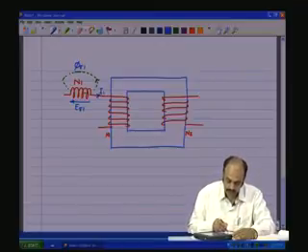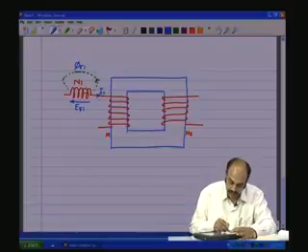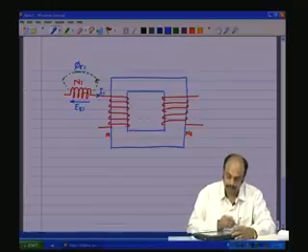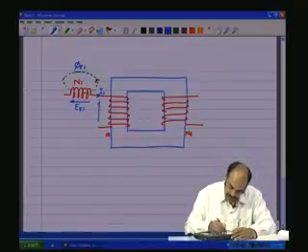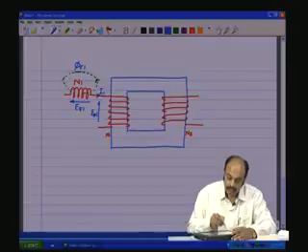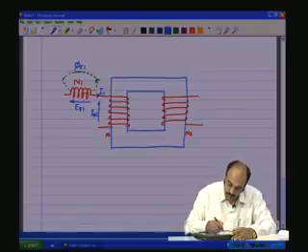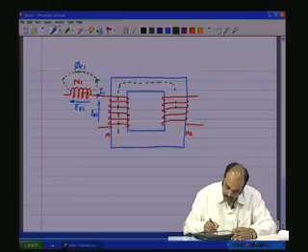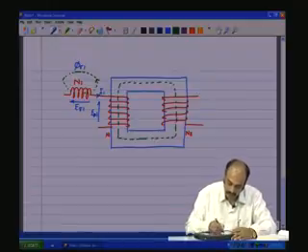So, this is an equivalent coil which is just producing the leakage flux, and this is producing the voltage which is being induced due to the leakage flux, E sigma 1, and this is producing EM1, the primary side induced EMF due to the mutual flux which is linking both the primary and the secondary coils,